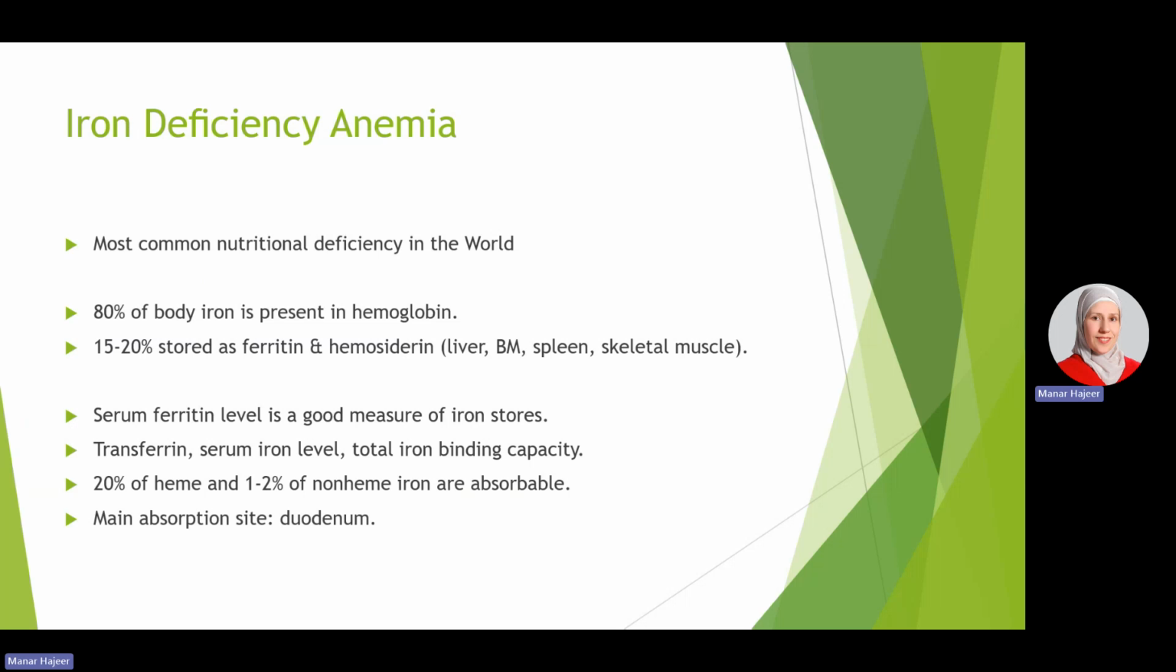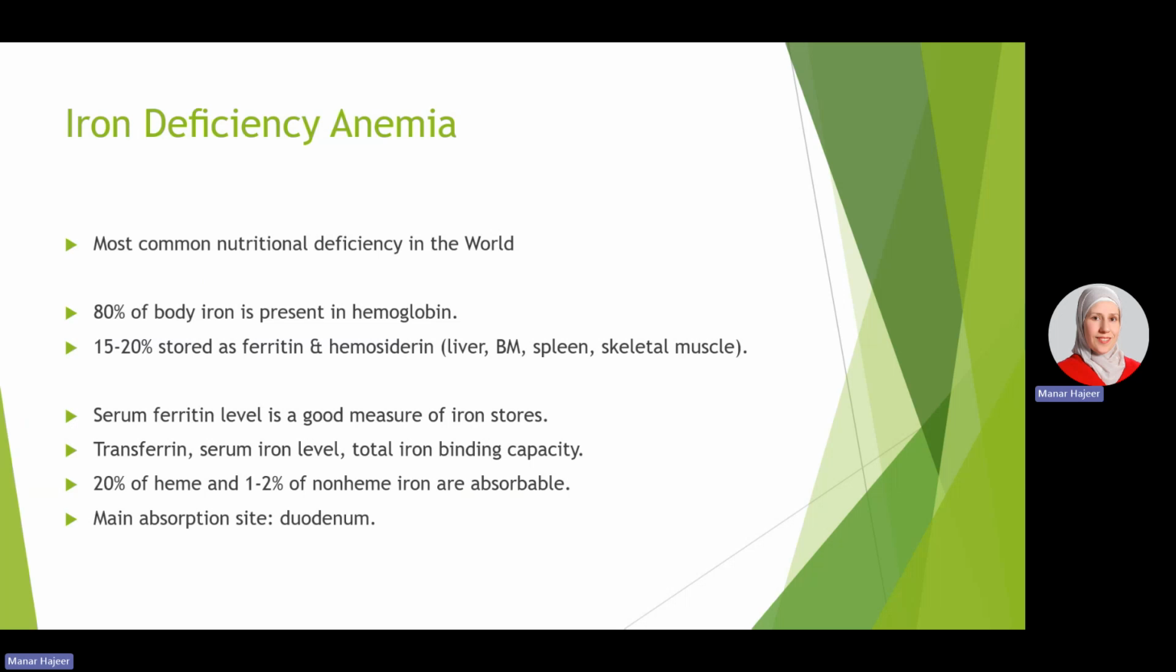Now, 20% of heme iron, which is derived from animal sources like red meat, and 1 to 2% of the non-heme iron, which is present in vegetarian sources, are absorbable. So, as you can see, the animal sources of iron are better absorbed by the body than the iron of plant sources. The main absorption site for iron in the body is in the duodenum, which is the first part of the